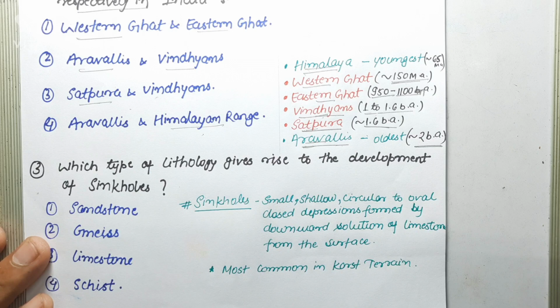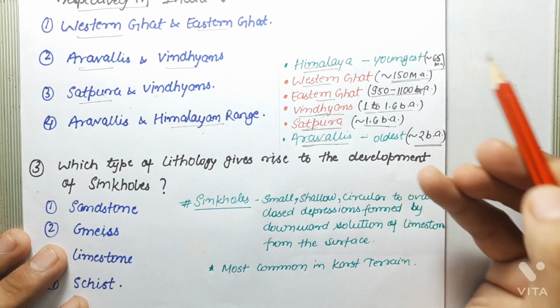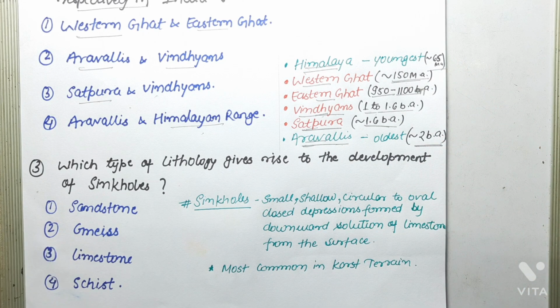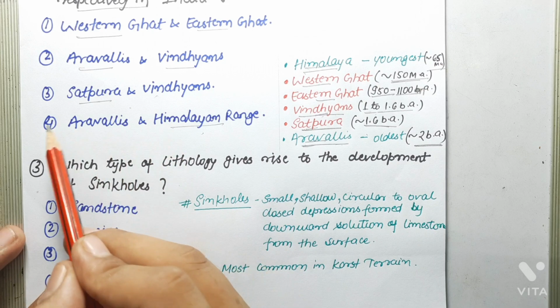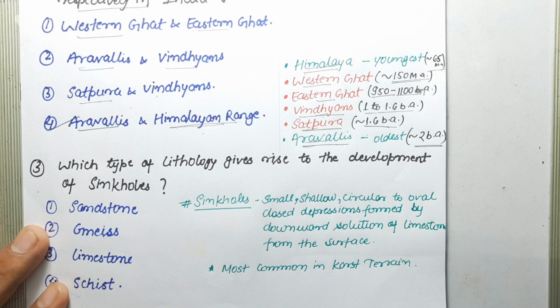Himalaya are one of the youngest mountain ranges of the world and the youngest mountain ranges of India. These mountain ranges formed between 65 million annum to 55 million annum. Himalayan mountain ranges formed as a result of continental collision along the convergent boundary. And Himalayas are still rising. So these are the youngest mountain ranges of India. As far as the question is concerned, the correct answer is Aravalli and Himalayan ranges. Aravallis are the oldest and Himalayans are the youngest.